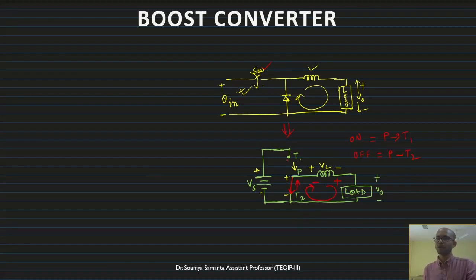Now what will be the blocking polarity of this one? So this is positive, this one, and this will be negative, because this is the negative polarity. You can see this is the negative polarity and this is connected to this. So this will be the negative part. So plus minus, this is the blocking polarity, this is the conduction direction.